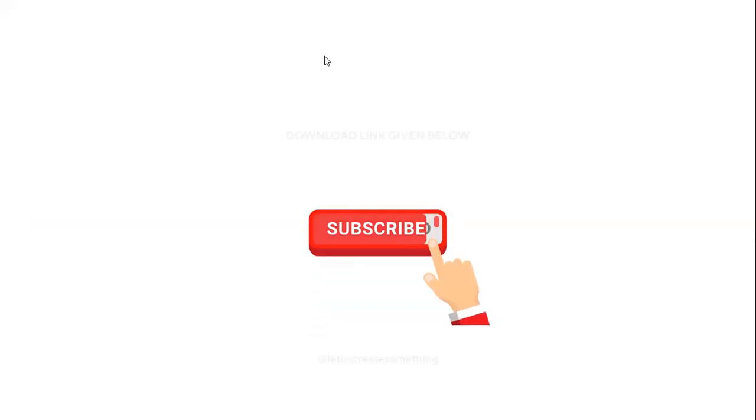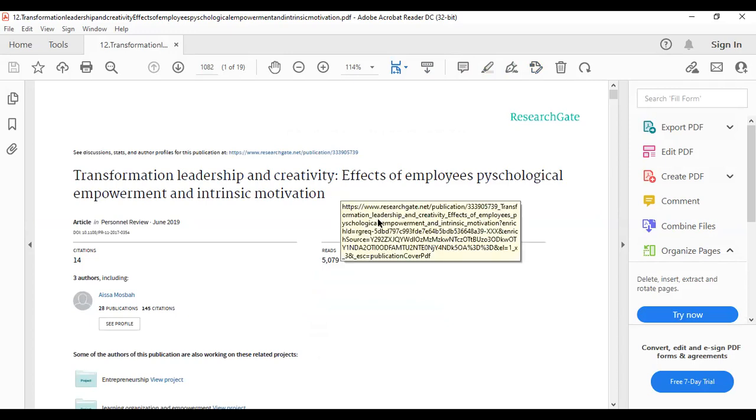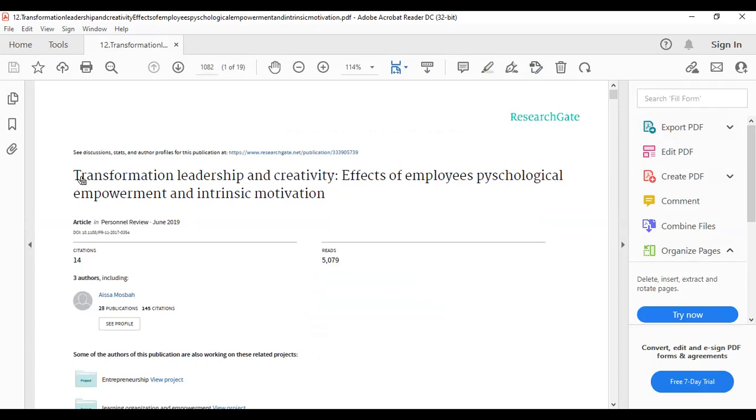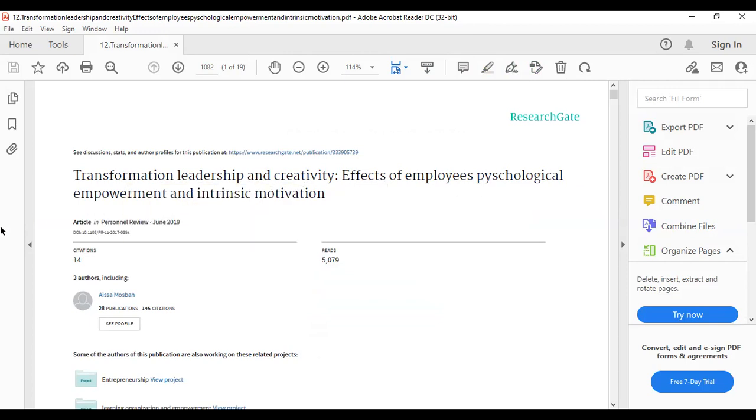Here I have an article, right? The title of the article: Transformational Leadership, Creativity, Effects of Employee Psychological Empowerment and Intrinsic Motivation, right?